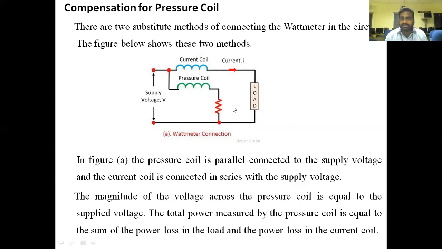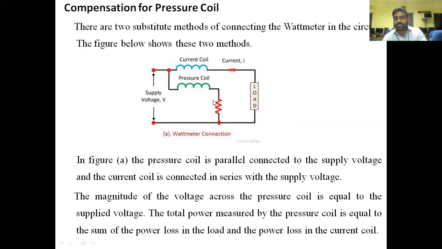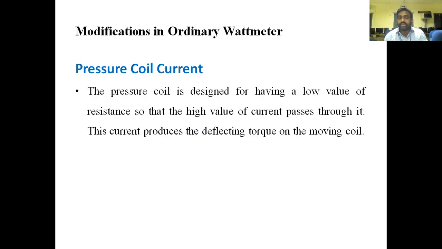There used to be a deflection. So that is what we analyzed. If we change the resistance of the moving coil, which initially has a very high value, from a high value to a low value, what will happen? The current flowing capability of the moving coil will be improved, and that enhances the deflection torque.